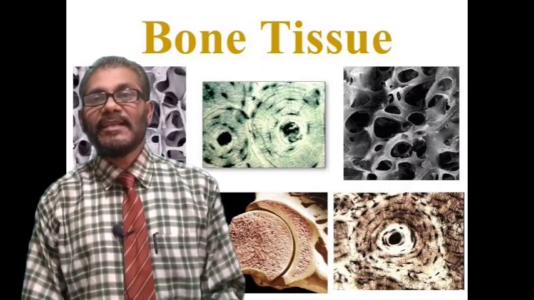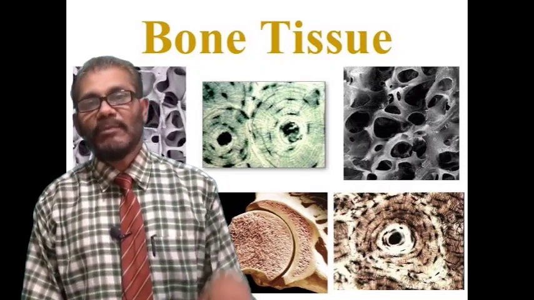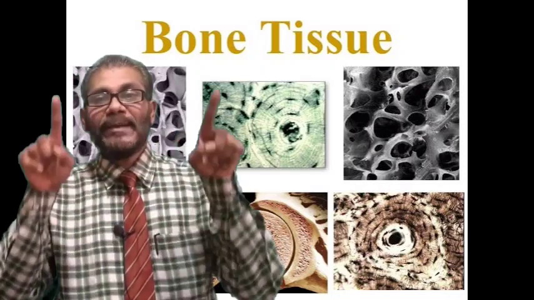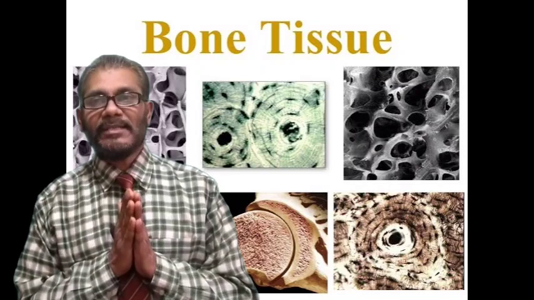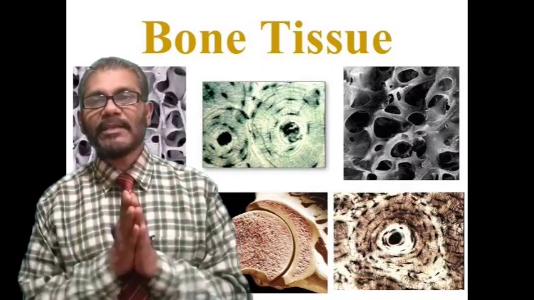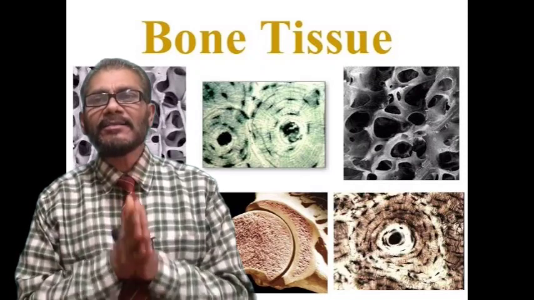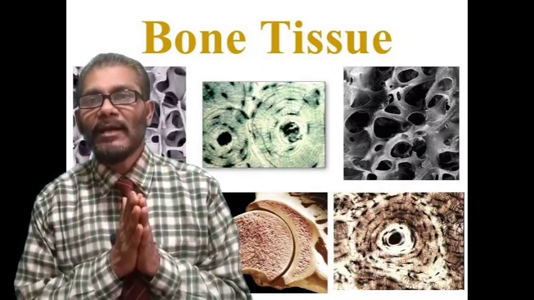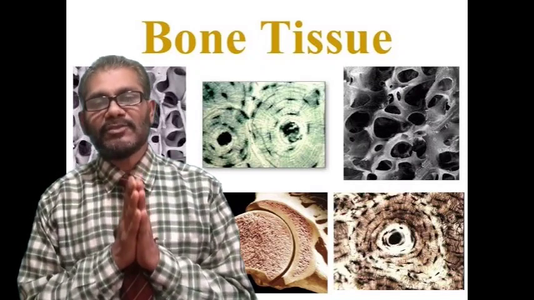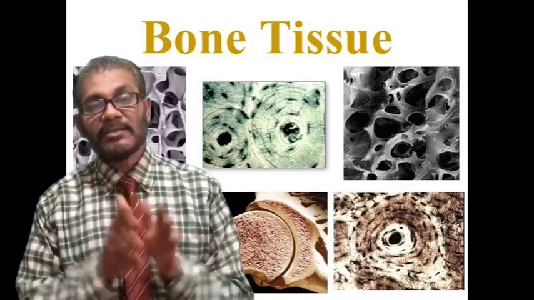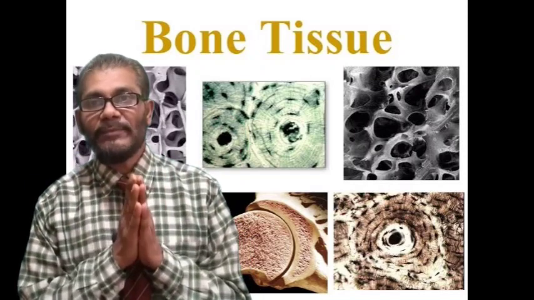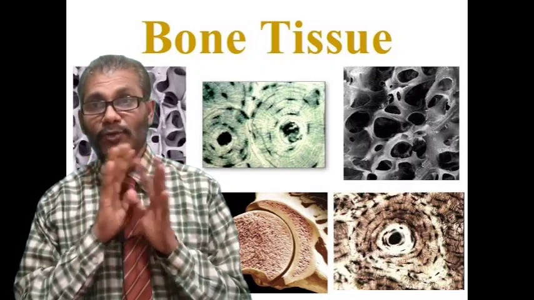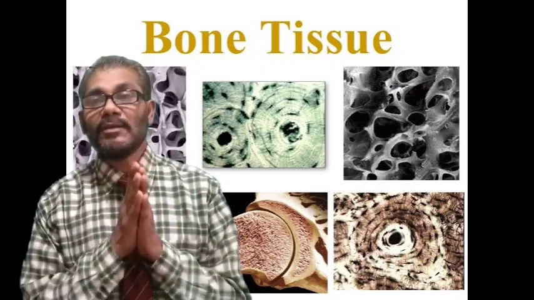Bone is then another type of connective tissue. तो हम अब पढ़ेंगे bone के बारे में. It forms the framework of the body and it supports the body, isn't it? एक framework का काम करता है, and it also anchors the muscles, पकड़ के रखता है, and supports the main organs of the body, that is the very important part. It is strong and non-flexible, ठीक है, स्ट्रॉन्ग है और नॉन फ्लेक्सिबल है,